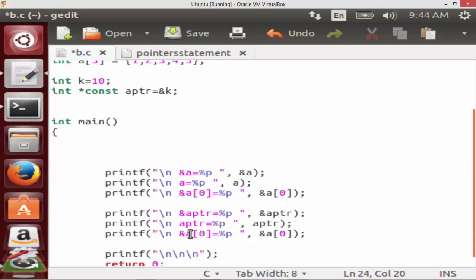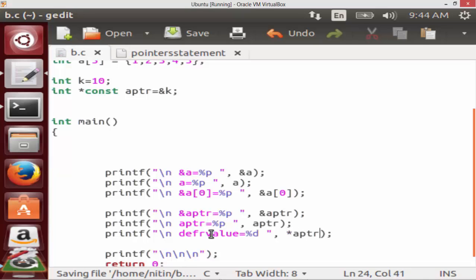And my dereferenced value, printed with %d, is nothing but the value of k, so for that I use *aptr. Let us see how this actually works now.